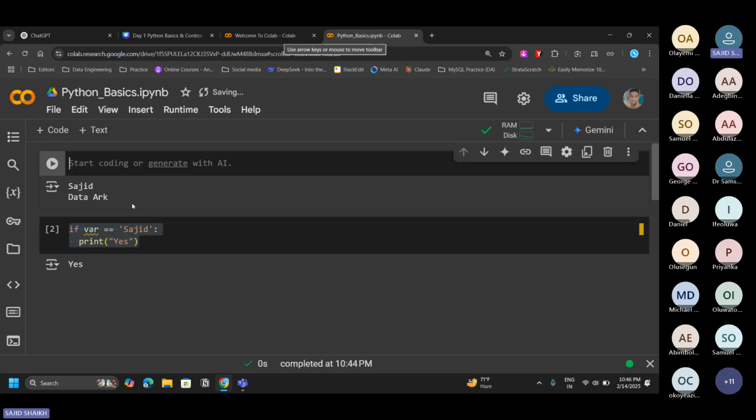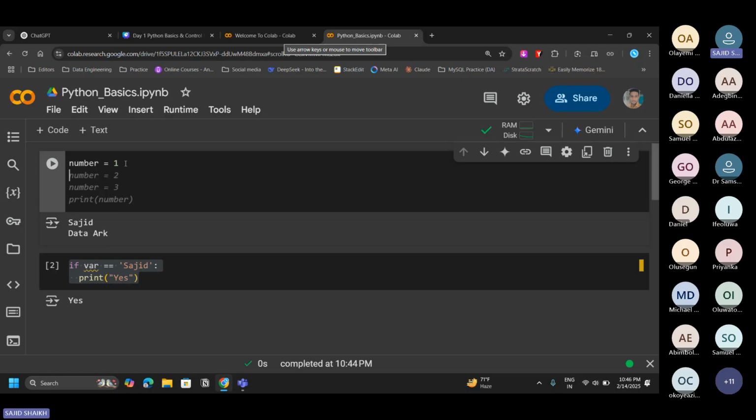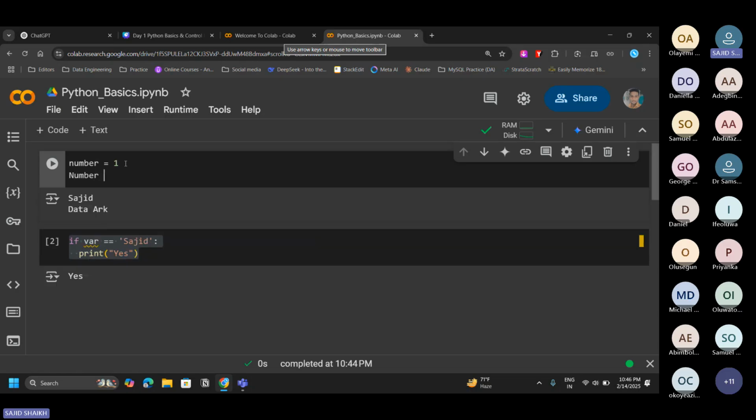I have two variables with the same name. Suppose number equals 1. Just look at the spelling of the variable. And I have another variable, also spelled number. Both spellings are right. Both are the same, but the difference between the two variable names is